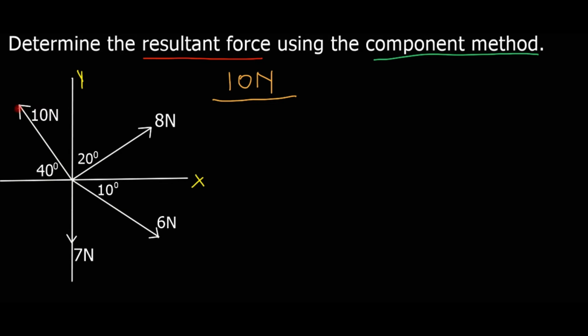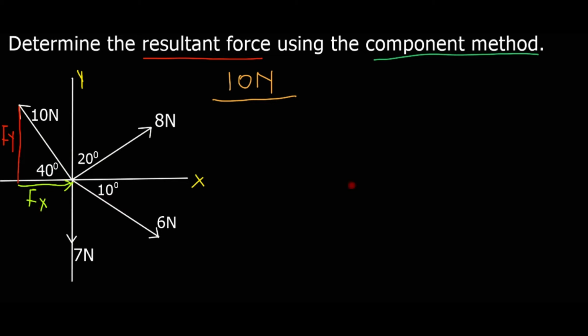Re la gore I can form a line in this way, and then yaba the vertical component or the y component more na le angle ya 40 degrees. But ge o rata again o ka dira in this way, and then this one yaba your vertical, and then this one yaba your horizontal. But o ka kgona go lemoga gore mo ga o ne angle, but what we know gore this is 90 degrees, and then if this is 40 rela gore this one must be 50. So rela gore ge wena o decide go shumisha in this way rela gore more angle ya gago is 50 degrees, but nna ke tlo e dira in this way. Ke tlo create this component in this way,